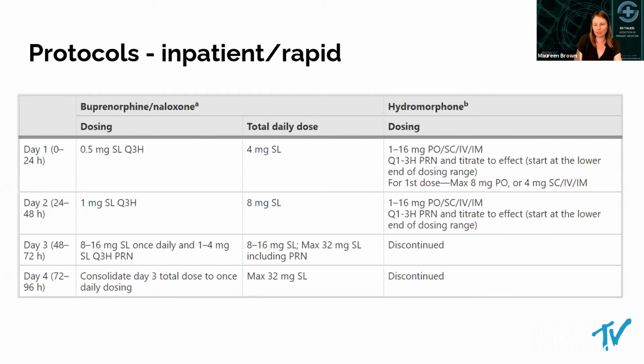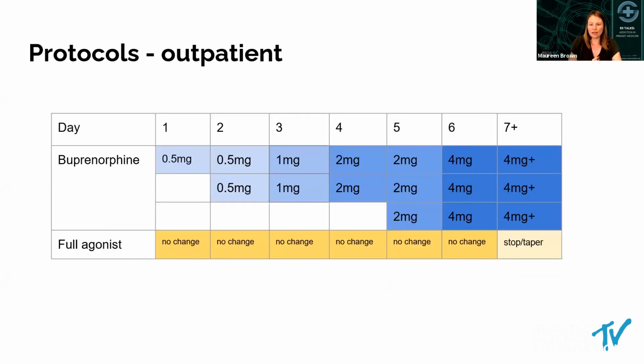So how do we accomplish this in our clinics? This is a protocol from a Journal of the American Board of Family Medicine case series that is really similar to a lot of the others floating around in the literature. There's a very similar one from the Canadian Medical Association Journal. And the model here is that we're going to try to accomplish getting someone up to their full maintenance dose of buprenorphine over approximately 7 days, and still holding with that principle of continuing the full agonist opioid the entire time while gradually increasing. And this, as we pointed out, uses doses that are accessible to us.